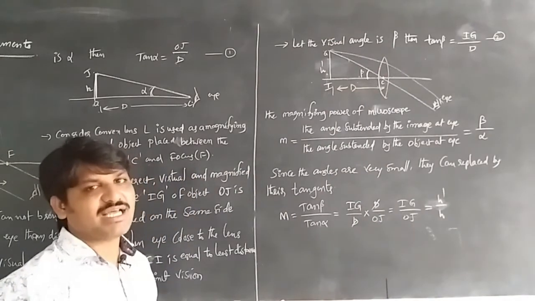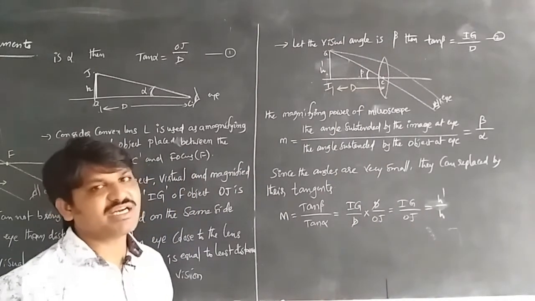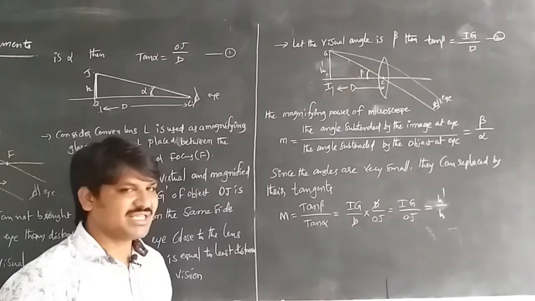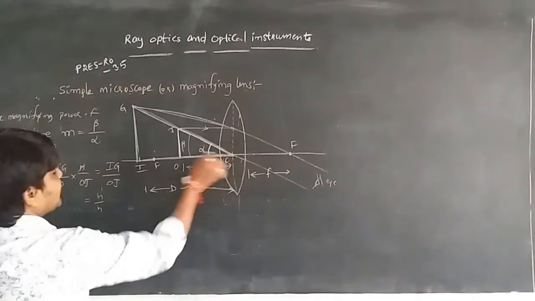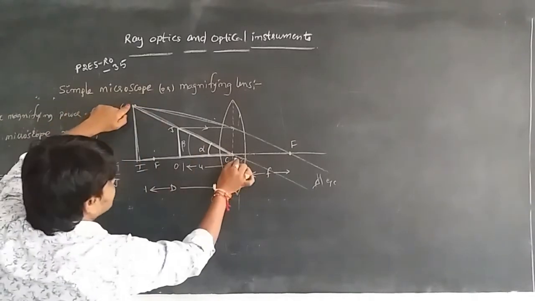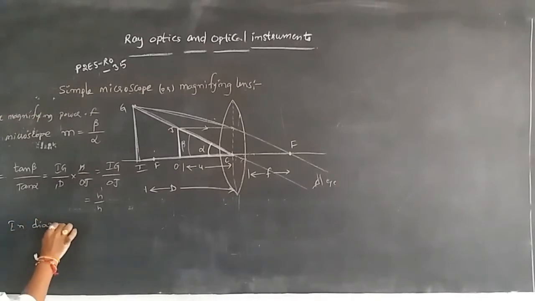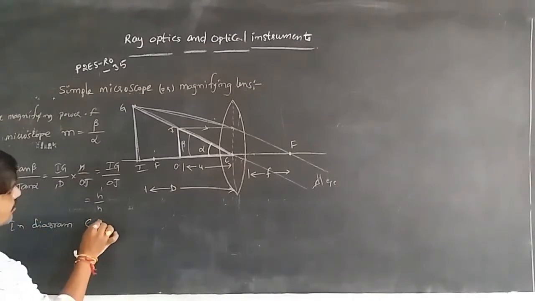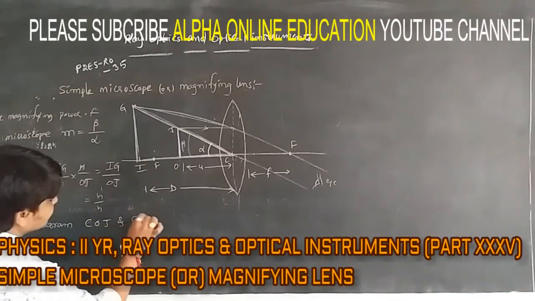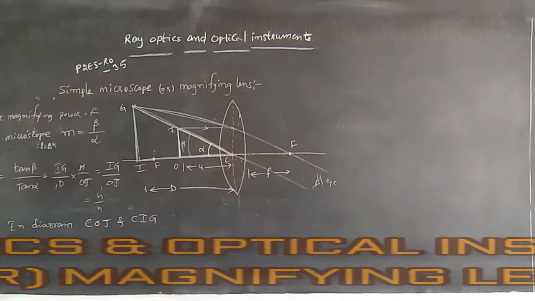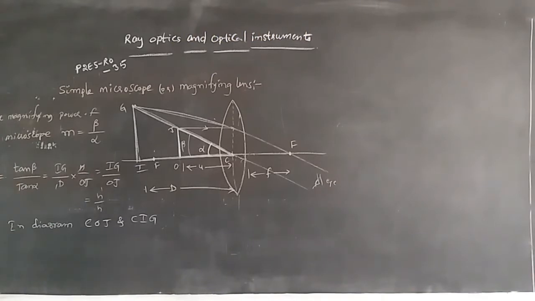When we write similar triangles, the two opposite sides are in proportion to the two adjacent sides. When we write that, then we can get